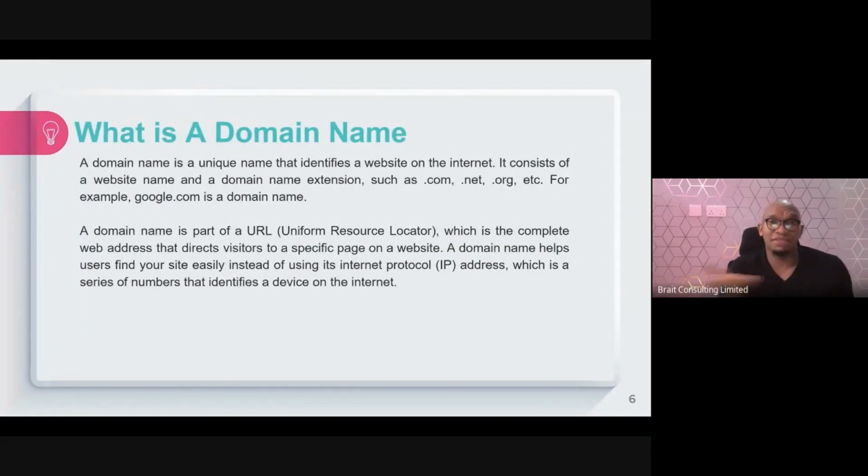Then let's say if you define HTTP, Hypertext Transfer Protocol, what is hypertext? Okay, go deeper. What is a protocol? Okay, so a domain name is a part of a URL. A URL is a uniform resource locator, which is the complete web address that directs visitors to a specific page on a website. Okay, a domain name helps users find your site easily instead of using something we call an